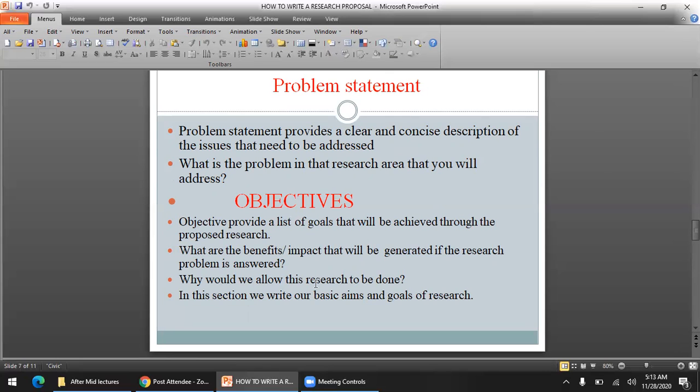In this section, we write our basic aim and goal of research. So, in the entire research area, you will provide the research questions, and you will find the research objectives. Okay, you will achieve all those objectives. Okay, and your research,